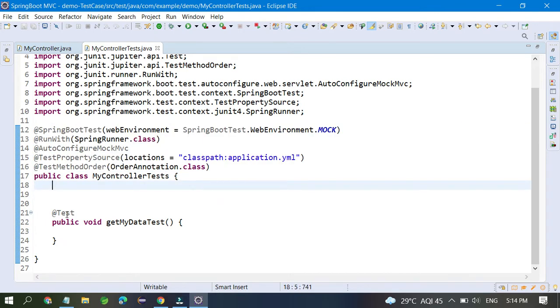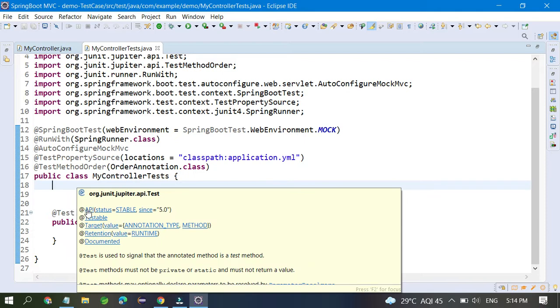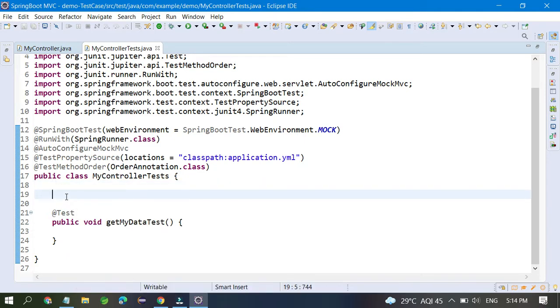Okay, once everything is done, you have to create one MockMvc object at the class level. How can you do it? You have to write private MockMvc mvc, that's it.